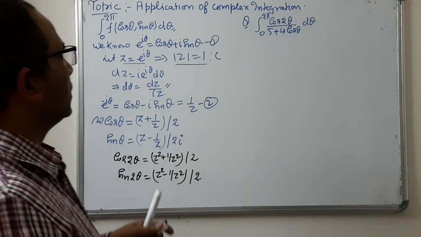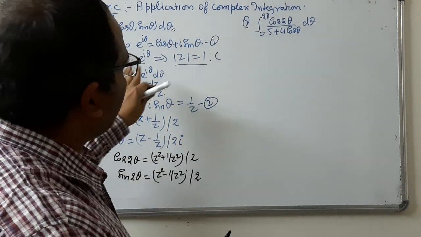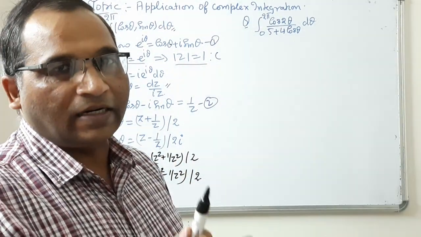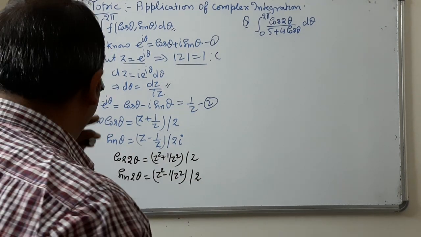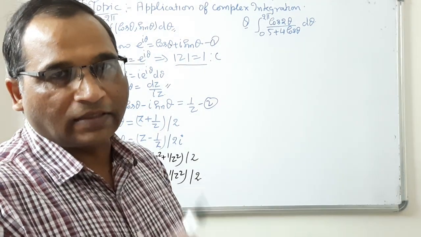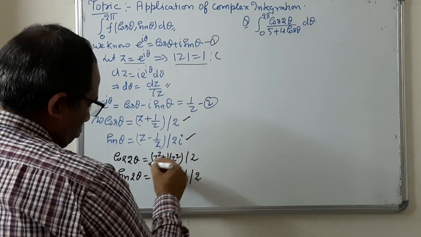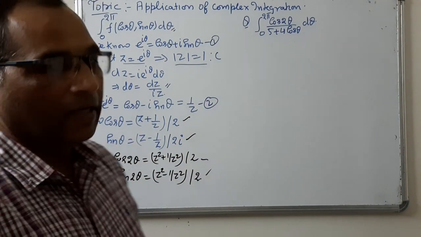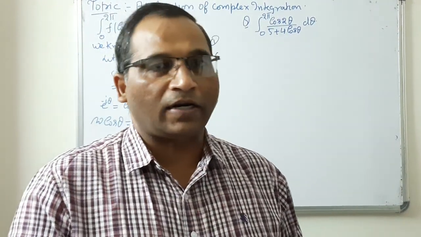Now what will be the procedure to solve the questions? In the given questions, we suppose z equal to e to the power iθ. That means we will take a unit circle with center 0. Always we take a unit circle with center 0. And replace cos θ, sin θ or cos 2θ, sin 2θ in terms of z like this. Convert the given integration in terms of z, and then using the residue theorem we will find the solution of the given integration.